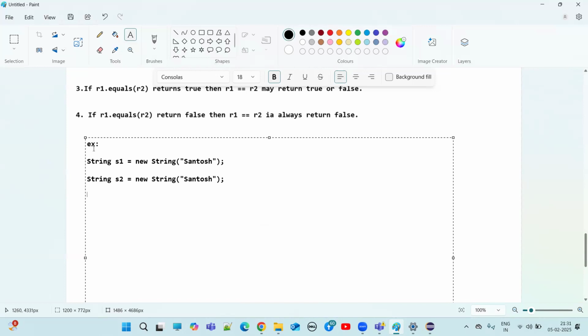Now StringBuffer sb1 = new StringBuffer("Vignesh"); and another object, StringBuffer sb2 = new StringBuffer("Vignesh");